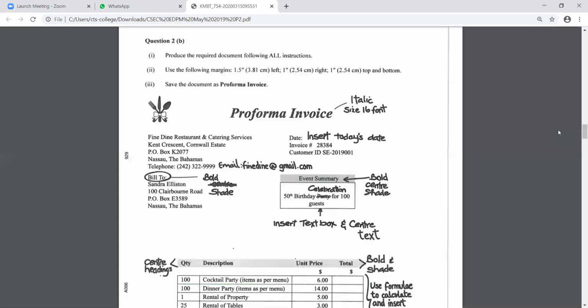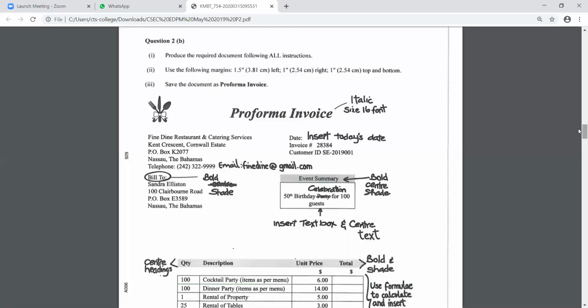When you're finished typing all of it, so like I said, it starts on that one page and it goes across to the other page. They tell you now to use a formula to calculate, right? So if we were to calculate the first one, what formula would we use there? Start with the first one. Look at it. According to maths, what would your calculation be for that first total for cocktail party menu? The quantity is 100. The description is cocktail party. The unit price is $6.